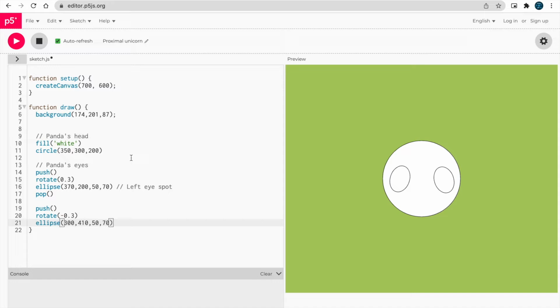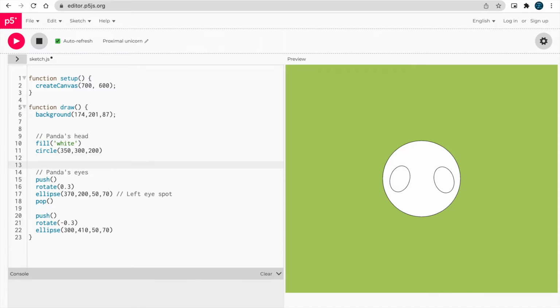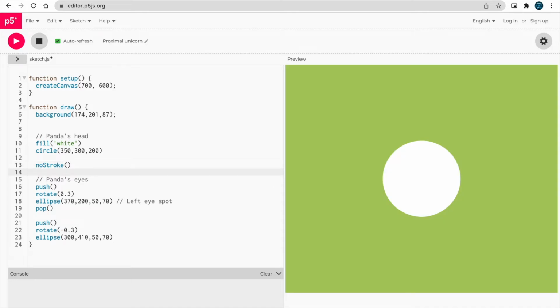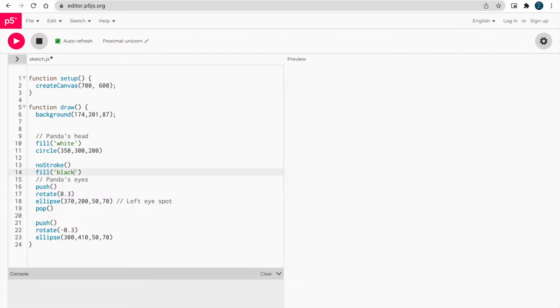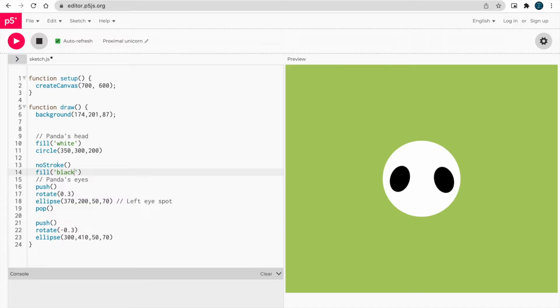So now let's fill these ellipses with black color because panda's eye spots are black. To do that, we will first remove the strokes around, so we'll type noStroke, and we will fill it with black, and it will fill the ellipses with black.